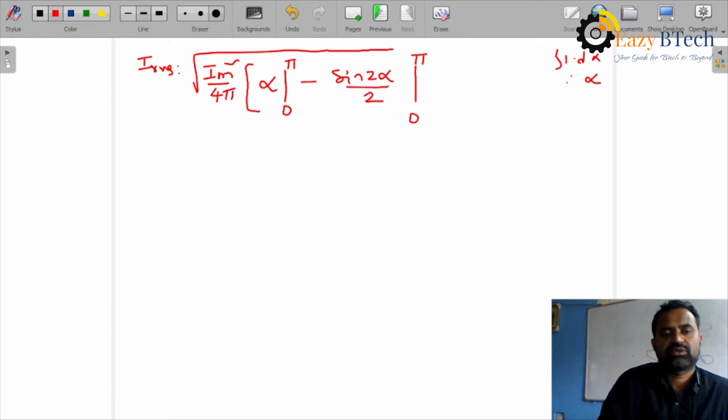Okay, substituting these expressions under root